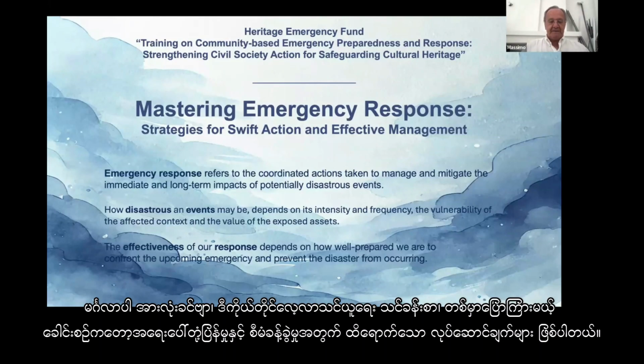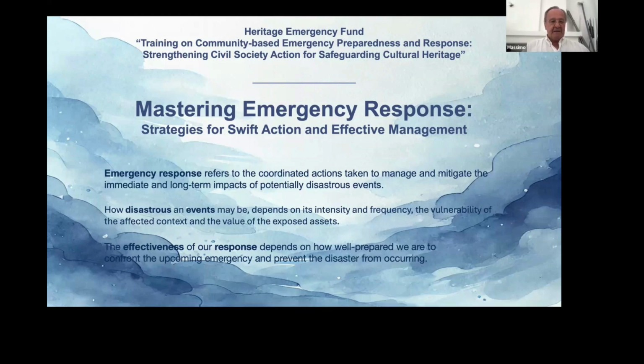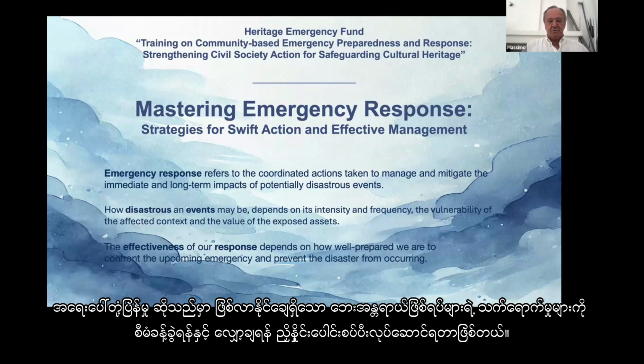Hello, all participants to this self-learning module 1, whose topic is the emergency response and actions to undertake to be effective in management. Emergency response refers to a